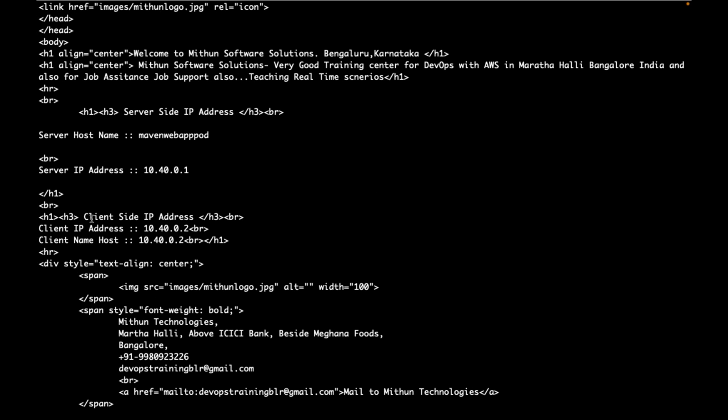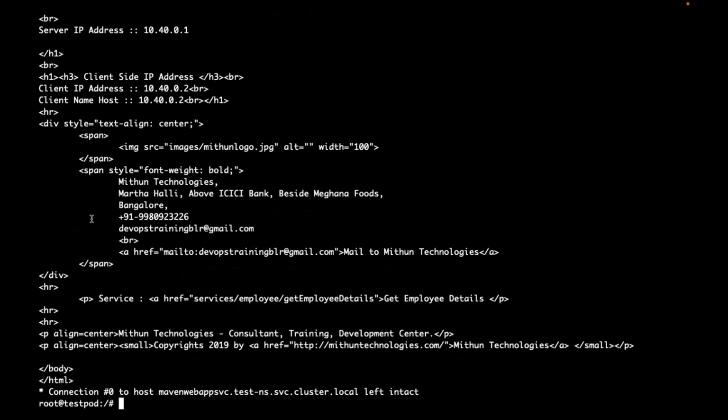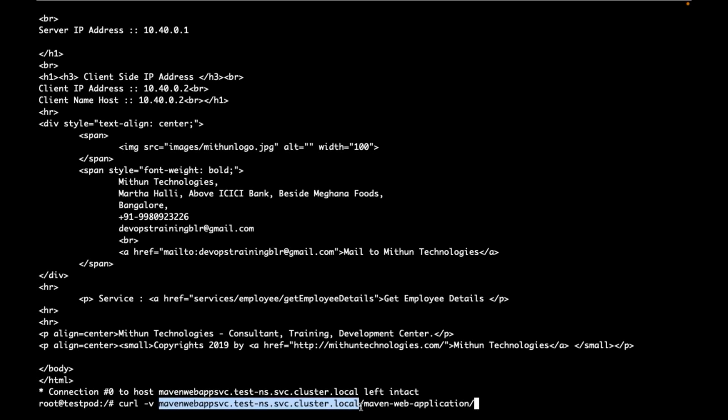This is very, very important, guys. In interviews and at work, you are going to use these things. Is everyone clear how one container can communicate with another container in the same pod? How one pod can communicate with another pod using a service in the same namespace? If they are in the same namespace, is it mandatory to use FQDN like this? Even if you use FQDN, will it cause any problem?